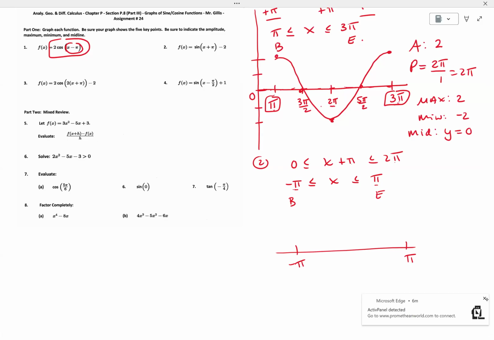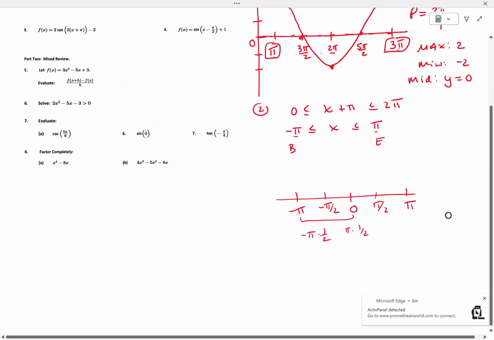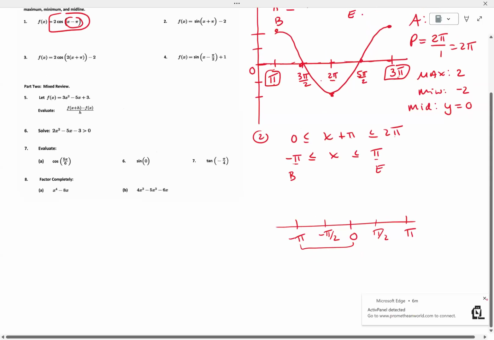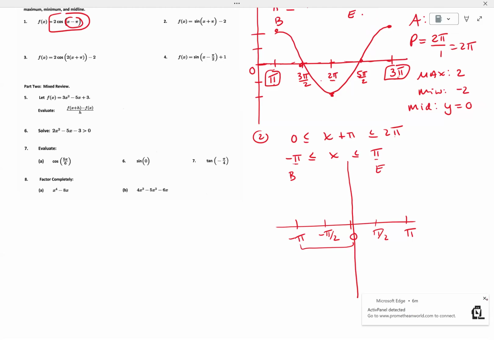So then negative pi plus pi is 0, and half of nothing is 0. I'll add these two, which is negative pi, times it by a half is negative pi over 2. And 0 plus pi is pi, and times it by a half is pi over 2. Unlike the previous problem, 0 is included in this cycle, which is the y-axis here. So in this one,